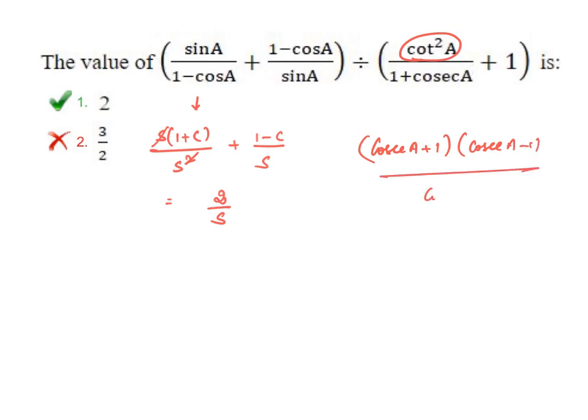By cosecant A plus 1. This cancels, now plus 1. Plus 1 minus 1 also cancel. You have cosecant theta. So cosecant theta is nothing but 1 by sin theta. So divided by becomes what? Into, then reciprocate 1 by sin theta, it becomes sin theta. Sin cancels. We are left with 2 here.